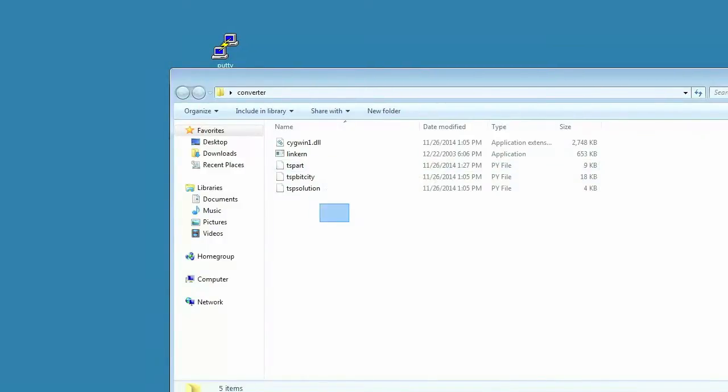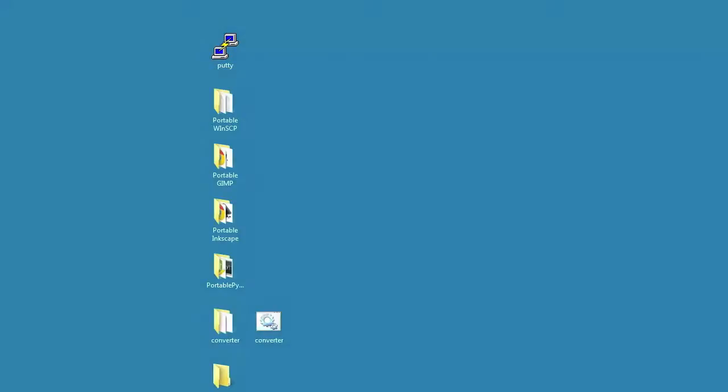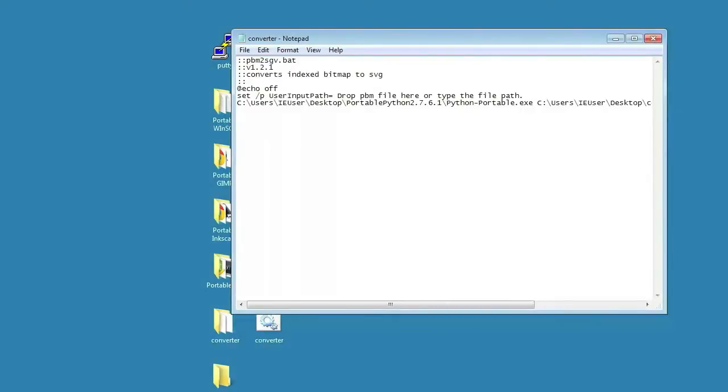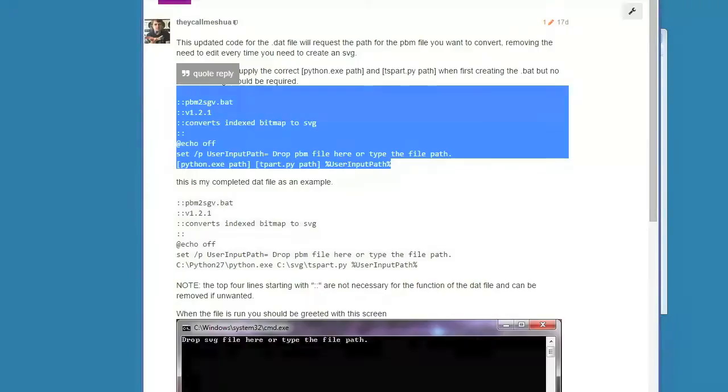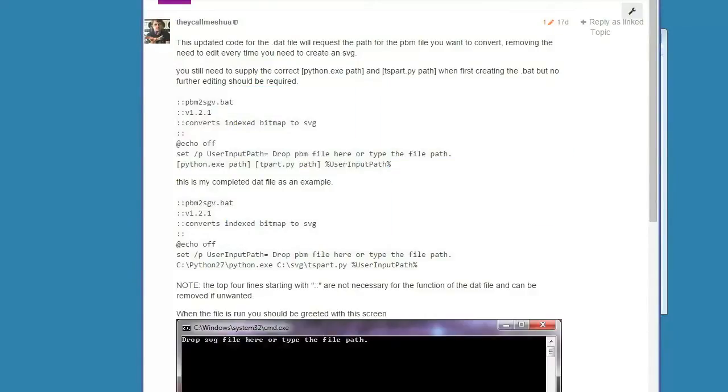It is best if you create a new folder and place all of these from their zip files into the new folder. For some reason, I have trouble with the Python scripts if I don't put them into a new folder. So also you're going to need this file here, which you will create if you just open a new notepad. You can either type this in, or if you go over to the GoCupy forum, I have a post that is pinned up there where you can just copy and paste.